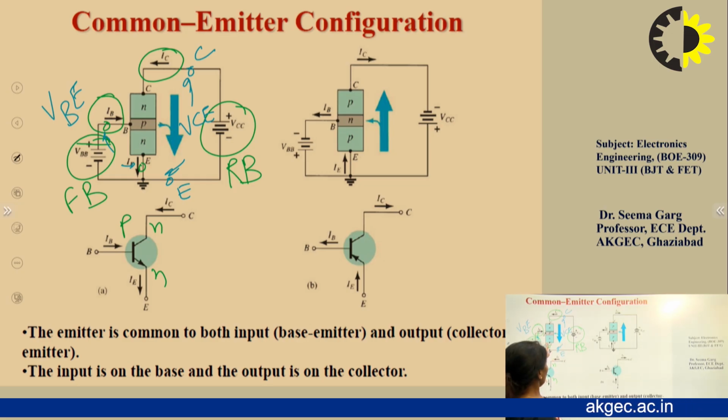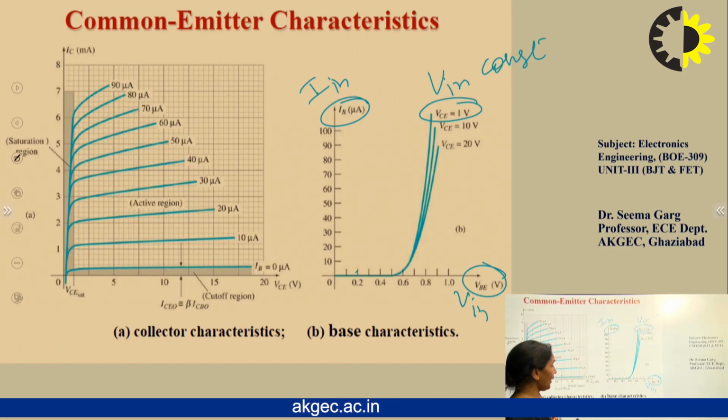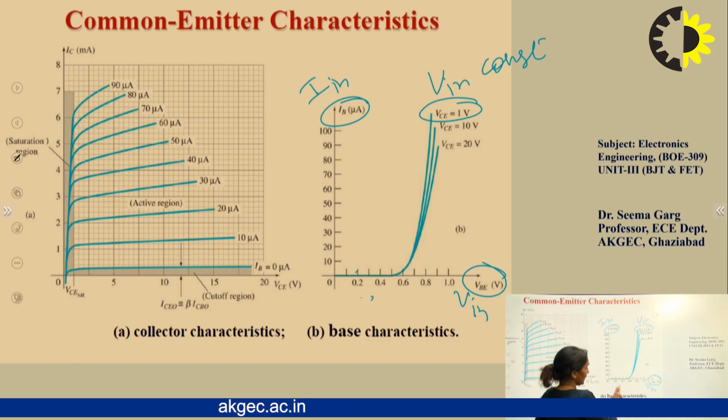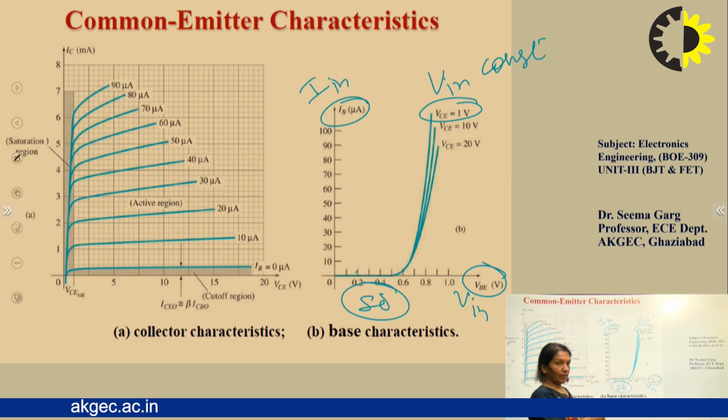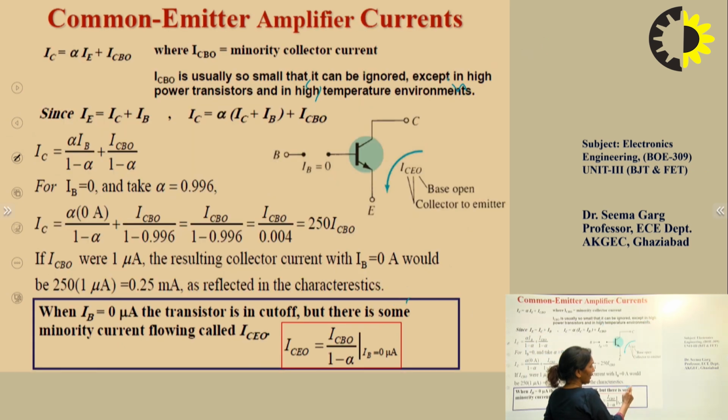So here you can see that the PN junction diode has been forward biased. So there is a similarity between the two. Because this is a silicon transistor, up to almost 0.6 to 0.7 volt